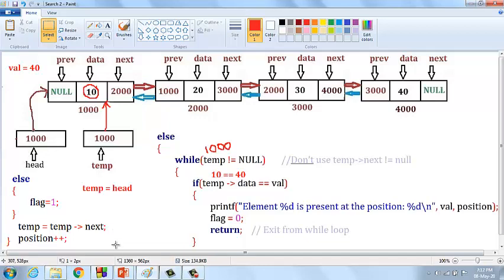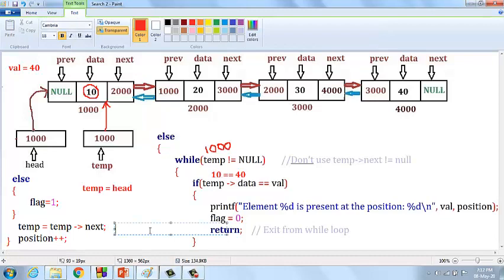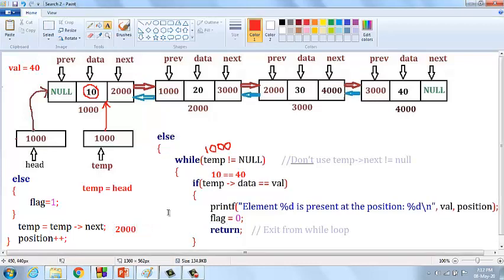Temp of next: what is temp? 1000. 1000 of next is going to point to this node, that is 2000. So what is the value of temp now? 2000.